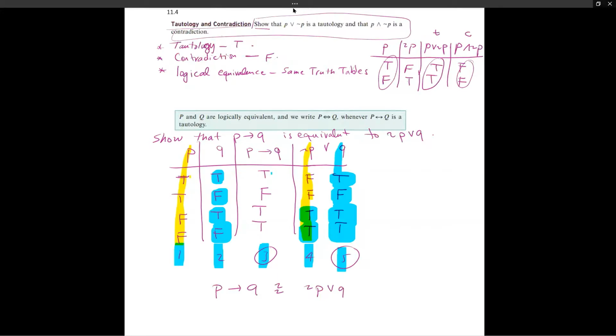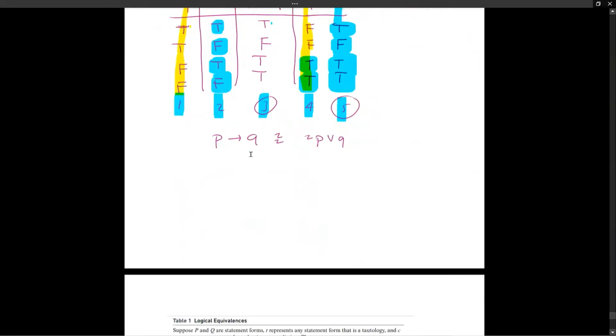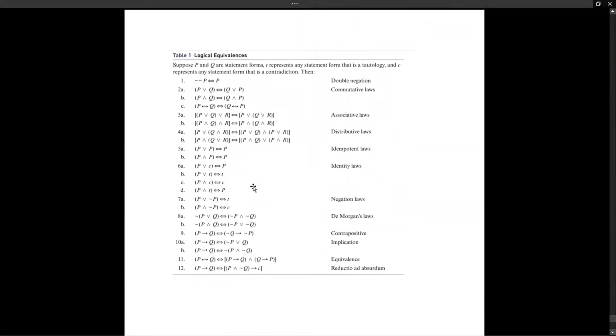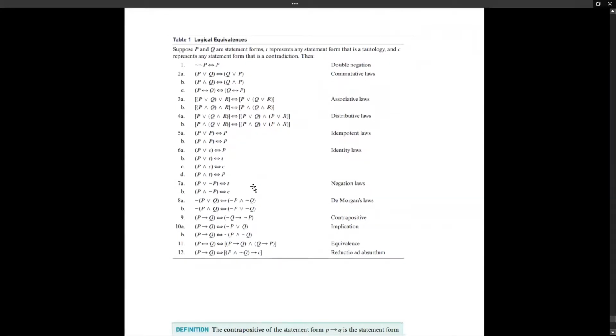I think there may be more to do, but this is something to discuss in class a little more and do some examples. These can be overwhelming sometimes, but